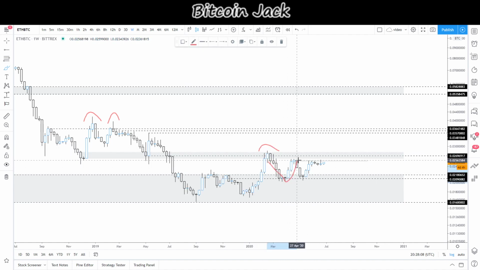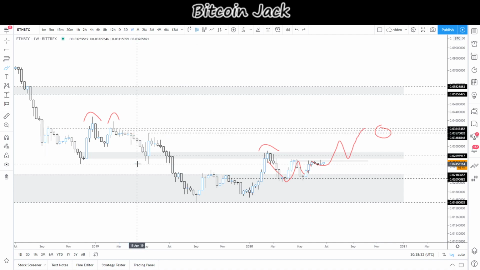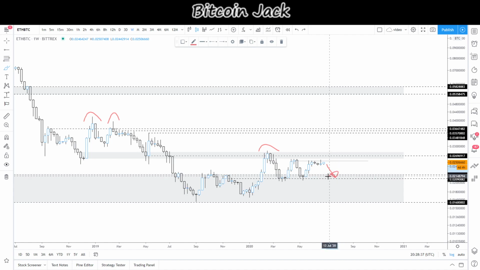I think this is a reaccumulation pattern, and then we're going to claim it, and then we're going to rally to these wicks. And you just got to consider that these wicks were never run, so they're like a super magnet for price. If we don't run them, I'm going to be very surprised. There's one thing to note, is that there's definitely a possibility that we're going to go down and retest this. I don't think we're going to do that,